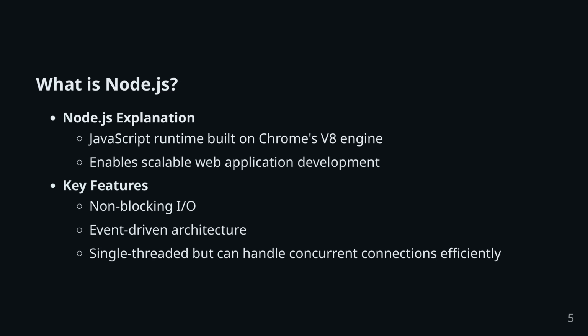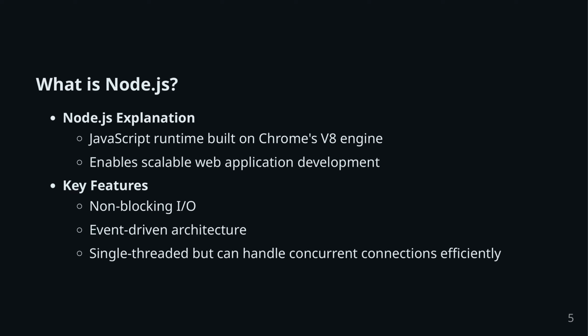Node.js is a JavaScript runtime built on Chrome's V8 engine. This allows developers to build scalable web applications by leveraging an event-driven, non-blocking I/O architecture. Essentially, Node.js operates on a single thread but can manage a significant number of concurrent connections efficiently. Key features of Node.js include: